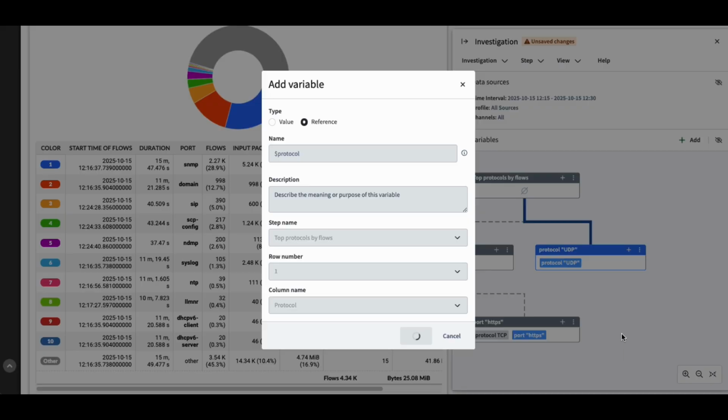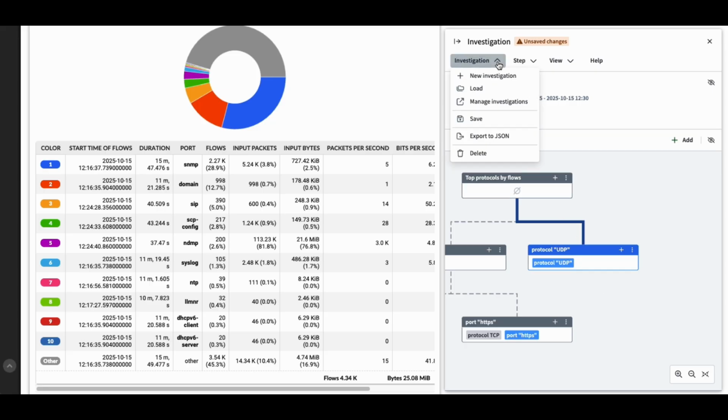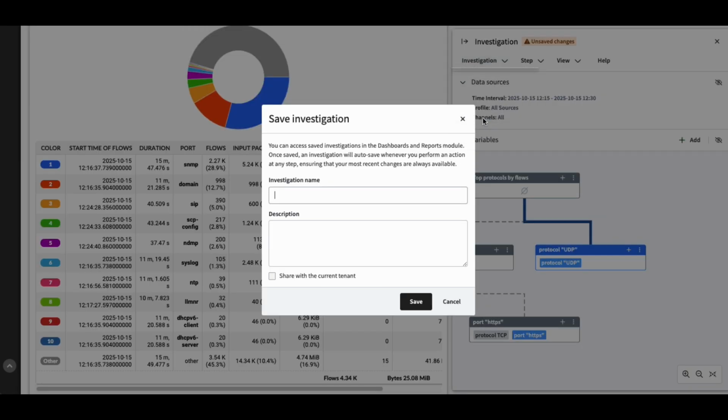At the end of the investigation, the results can be saved for easy access in the future, to serve as a template for similar scenarios, or to share with other users. This can be done by clicking on the Save button located at the top of the right panel in the investigation tree. When saving an investigation, you can specify the name, add a description, and select the option to share